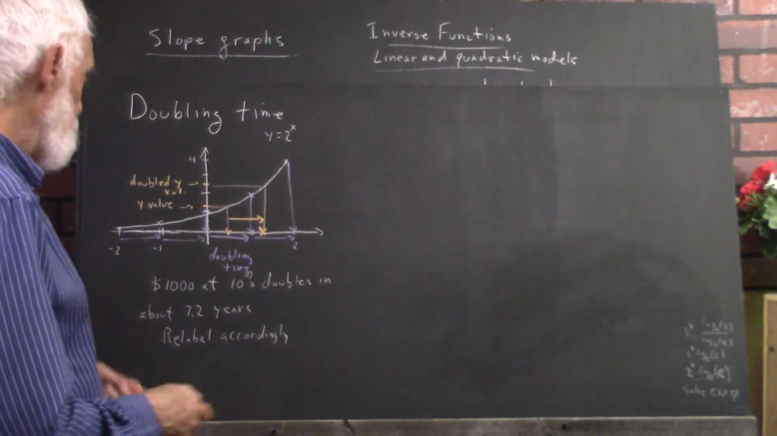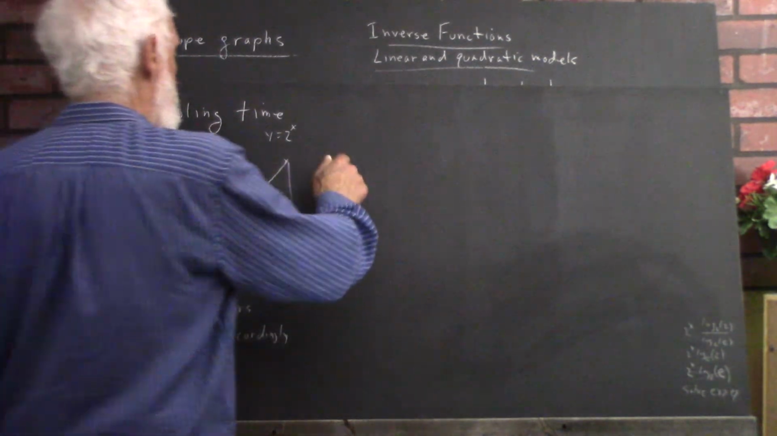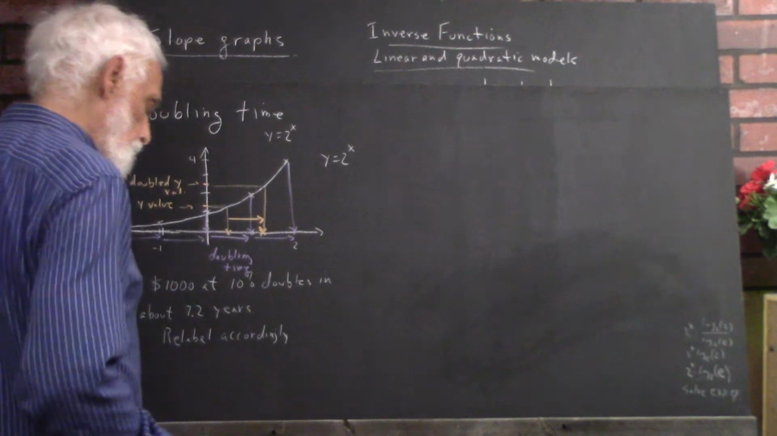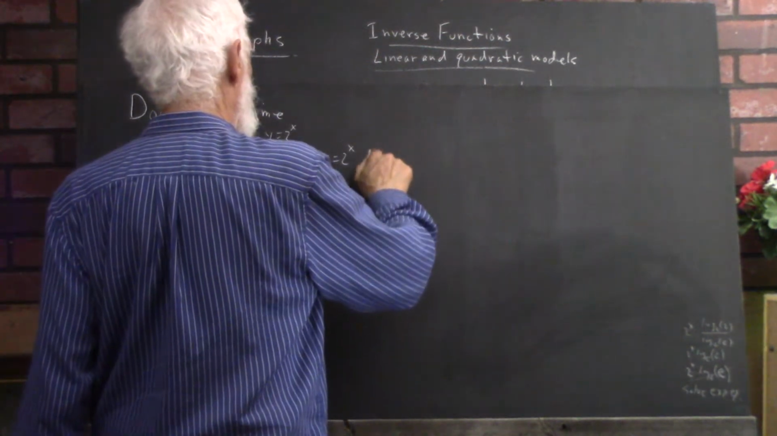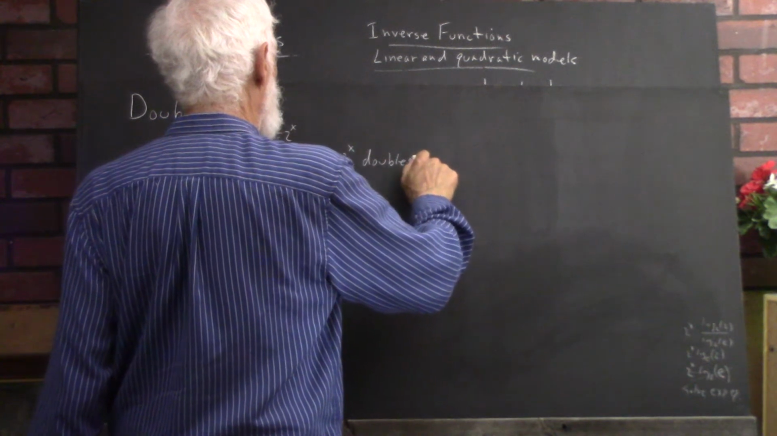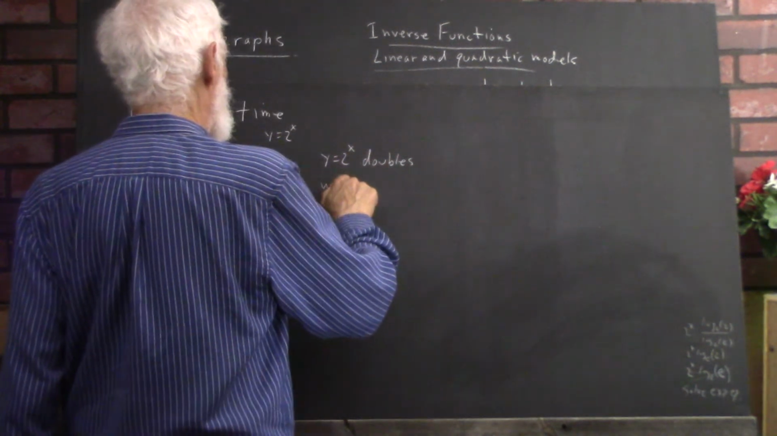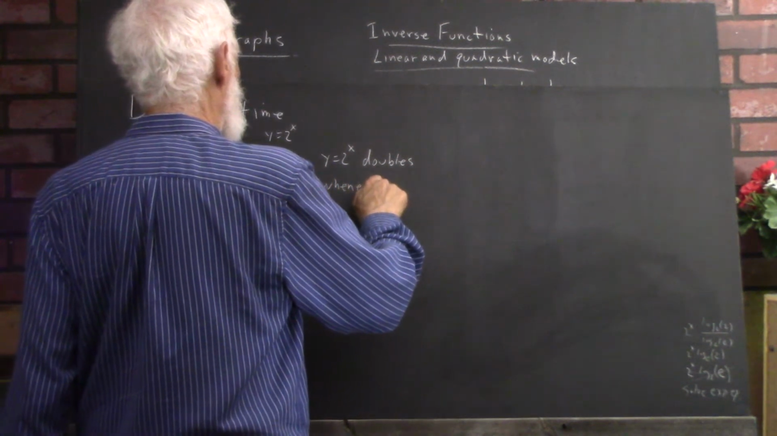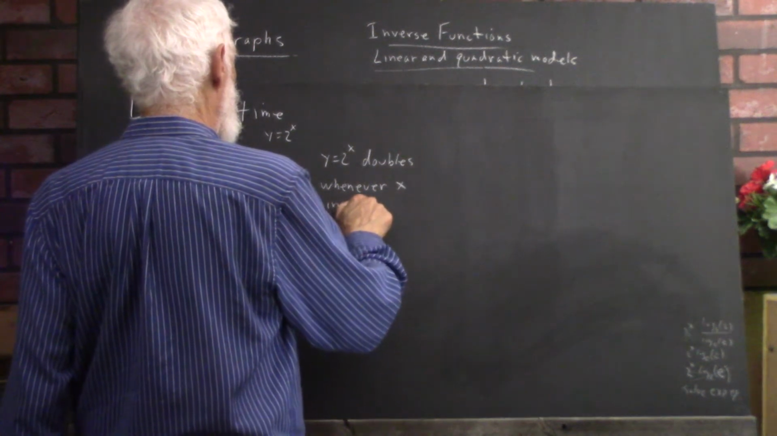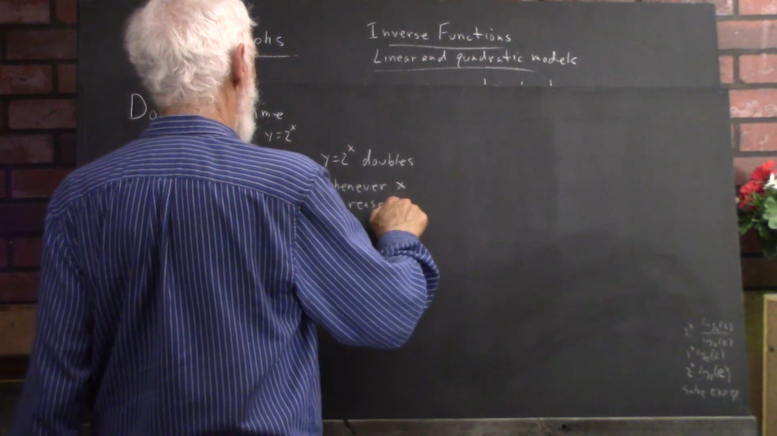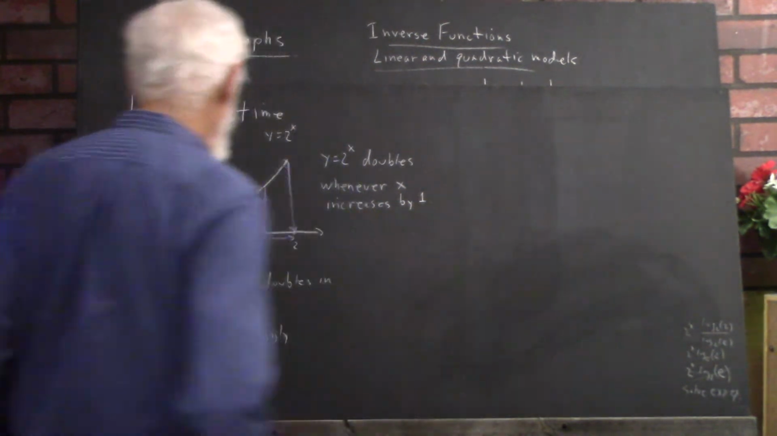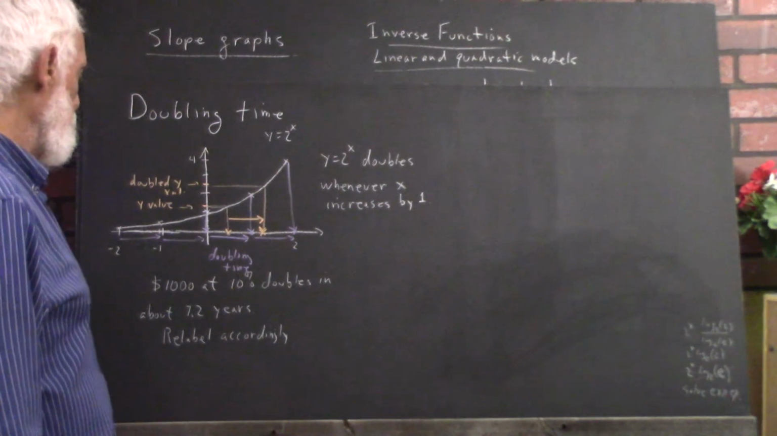So one statement we can make is that y equals 2 to the x doubles whenever x increases by 1. Okay, now